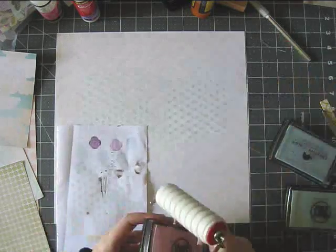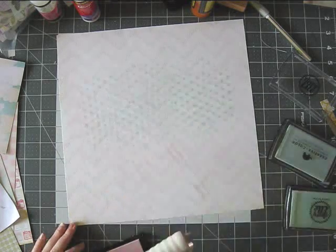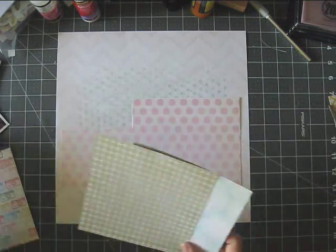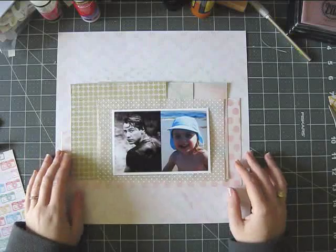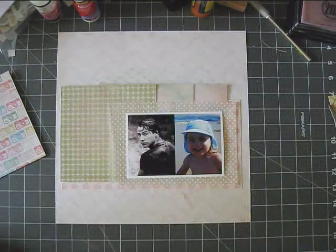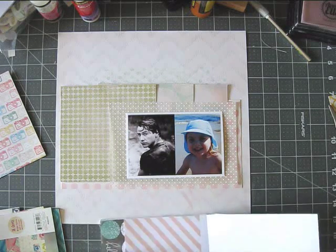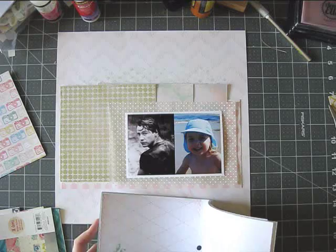I just have on my desk a couple of other Crate Paper pattern papers, just because the April Scraptastic kit had a couple of papers from the Style Board collection and one paper from the Oh Darling. Then I added a few more when I was running low on paper with the kit. I tend to grab what is around. I don't feel like going through heaps of paper whenever I'm in the mood to make a layout, so I just grab something and